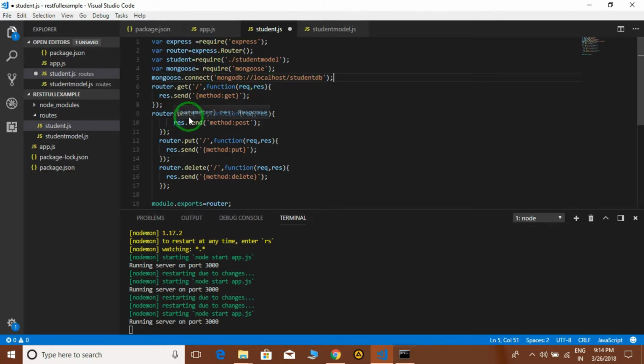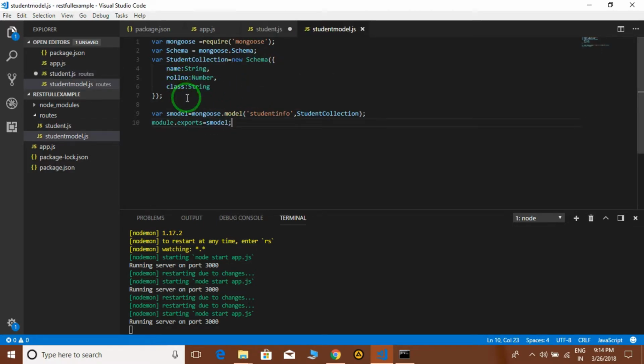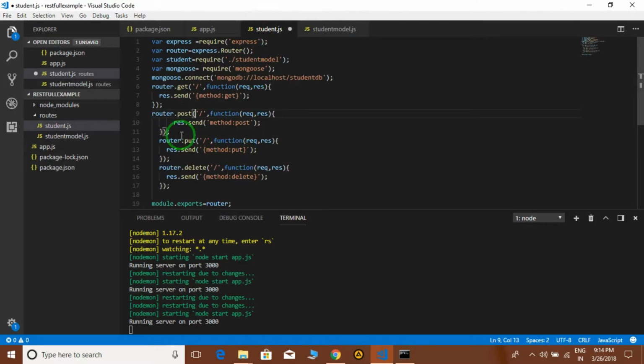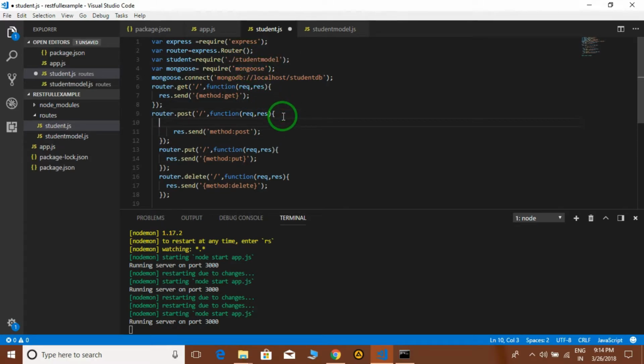Now I want that somebody gives information like name, roll number, and class, and I want to insert that information in the database by using a post request. So for that, we have to come here. Here we have to update data. For that, you have to create std equals new student.